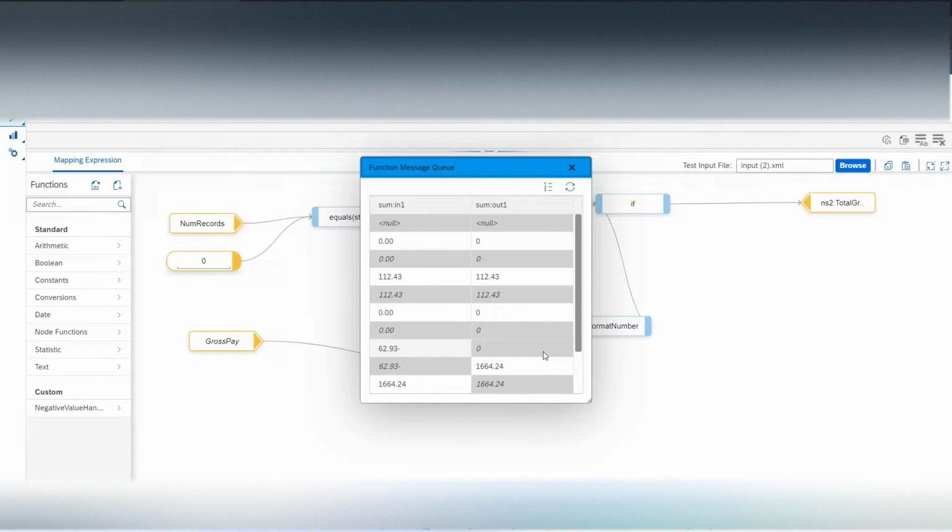Okay, so we're trying to solve a problem today, and for that, I'm going to show you how to use a custom function within a message mapping using Groovy script. So if you can see, I have an incoming field in this mapping called gross pay, and the target is total gross in the trailer. So we're trying to sum up all the gross pay field amounts in the detail records and put that into